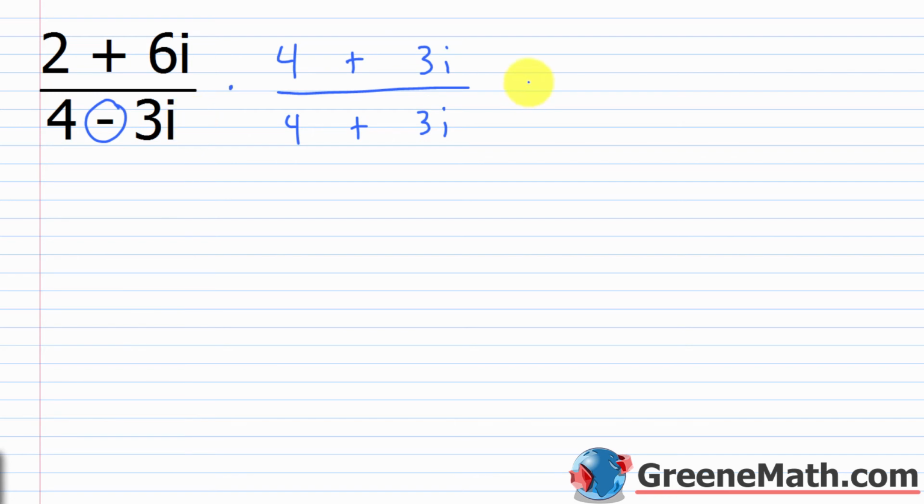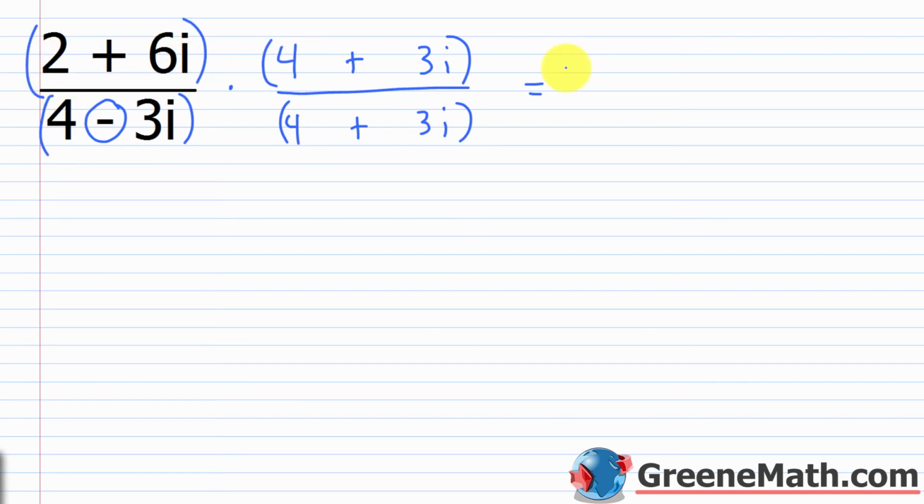Now in the denominator, it's a breeze because we know the formula. It's a squared plus b squared. And again, the reason it's plus is because of that i squared being equal to negative 1, it's going to change the sign. So we'll go through this the quick way, and we'll go through it the long way. Let's do it the long way first. So if we do FOIL,